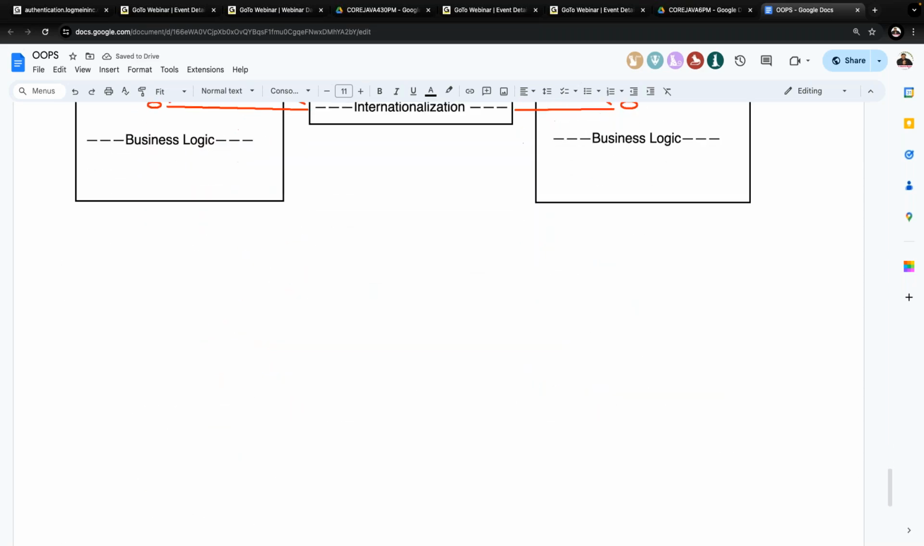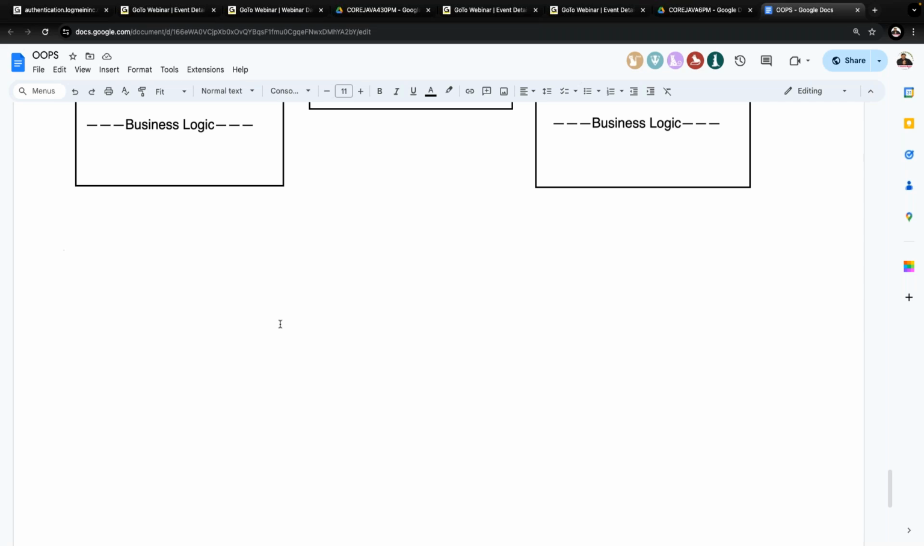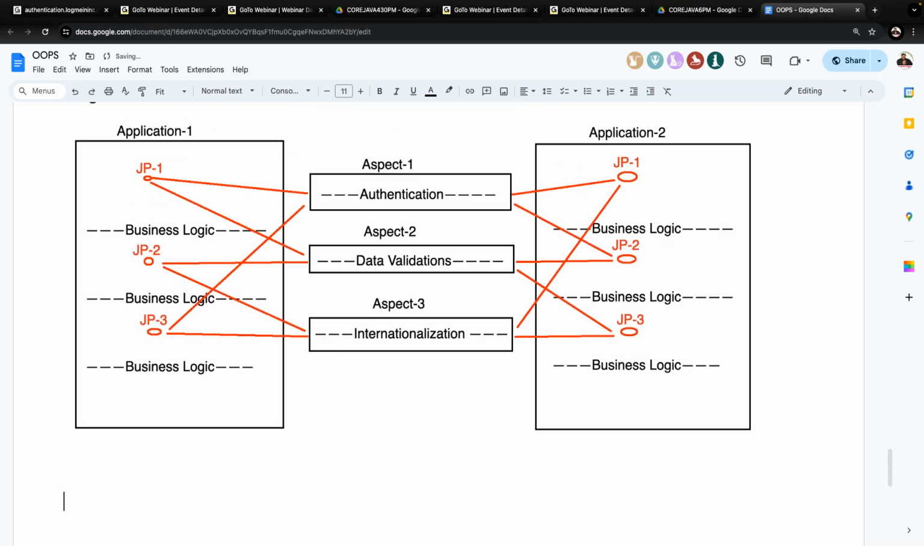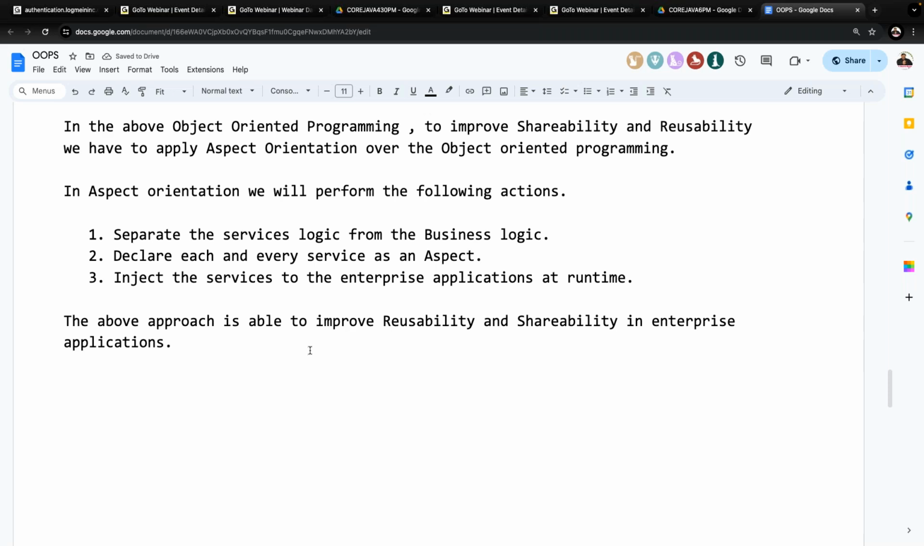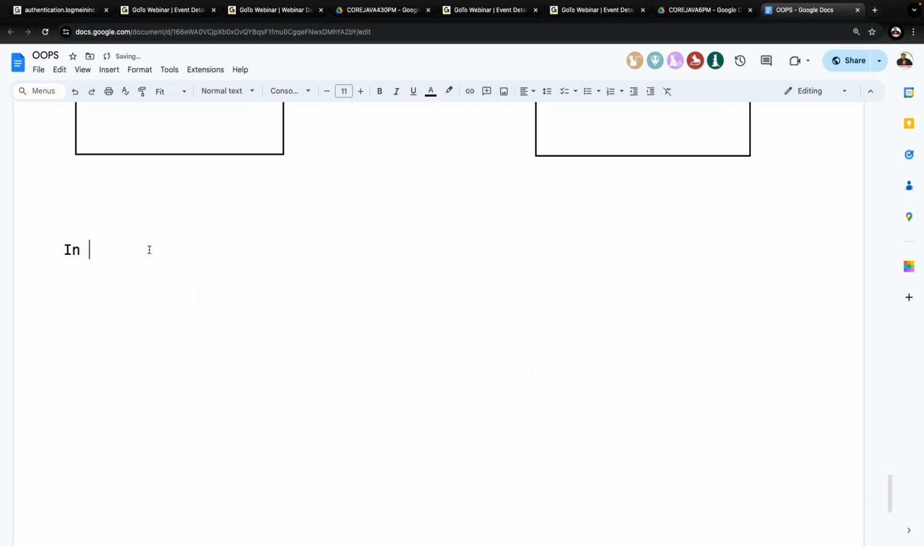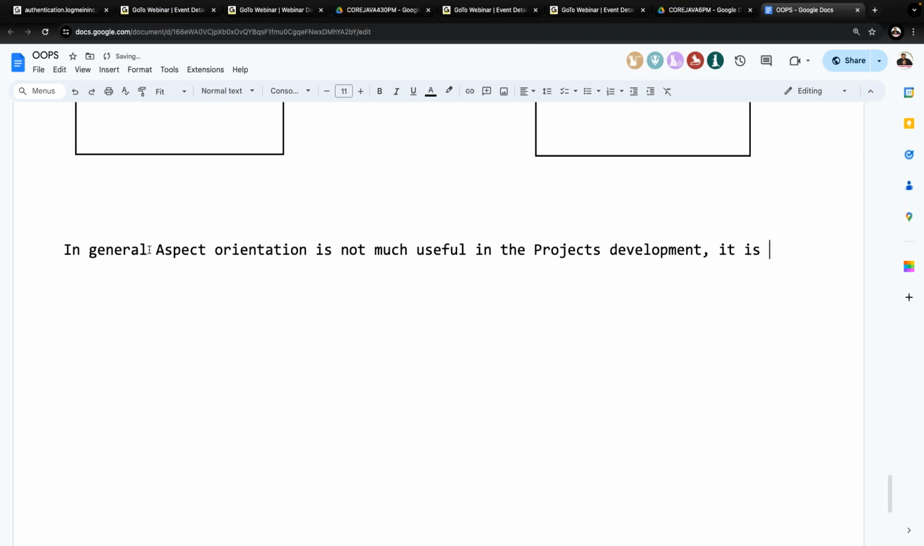But I have a question now: where are we going to use this aspect orientation? I'm giving directly the point, observe carefully. Right, sir. Now understand it. In general, aspect orientation is not much useful in the project's development. It is very much useful in the products development,